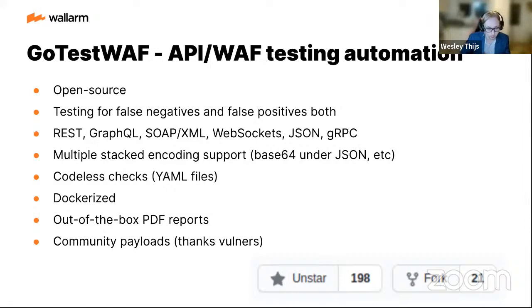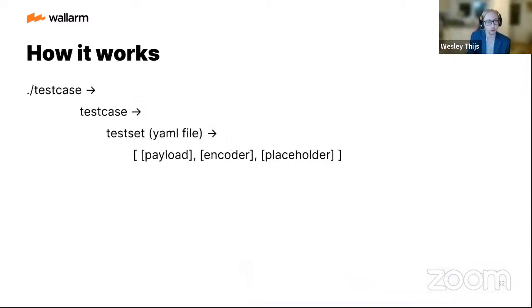There are codeless checks because we work with YAML files on that tool, and it's Dockerized, so really easy to install, with out-of-the-box PDF reports. And there's a lot of community payloads as well. Thank you very much, Volners, for creating those. It's really helpful for these kinds of tools to have the community support their own templates as well.